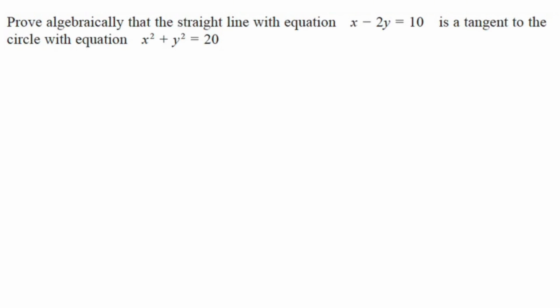So to prove this algebraically, what we are going to do is rearrange the equation x minus 2y equals 10 so that x becomes the subject. So x now equals 10 plus 2y. Then we're going to substitute this into x squared plus y squared equals 20. If we substitute that in, we will end up with, in brackets, 10 plus 2y, close brackets, squared, plus